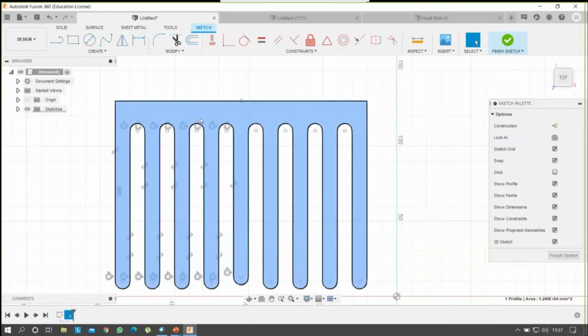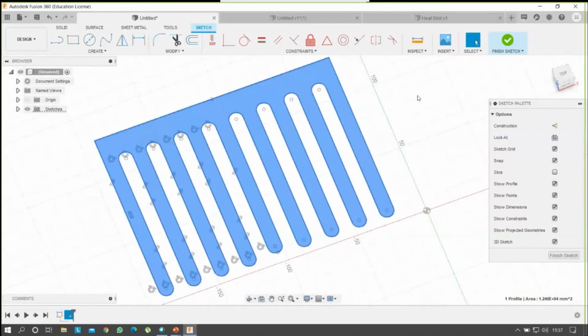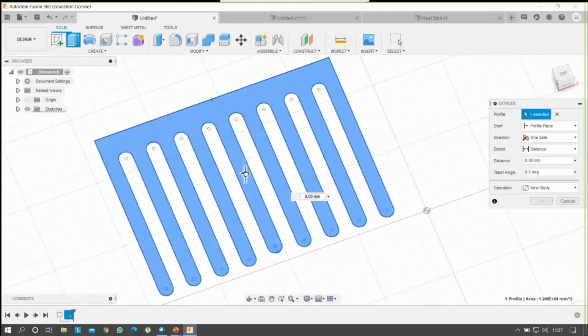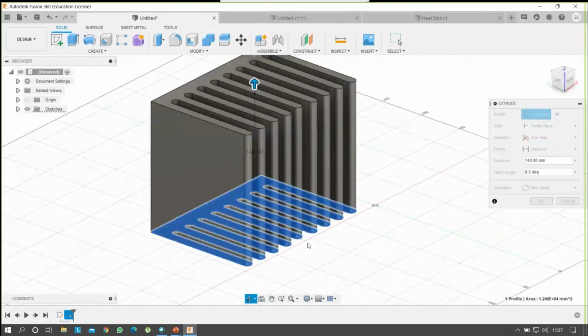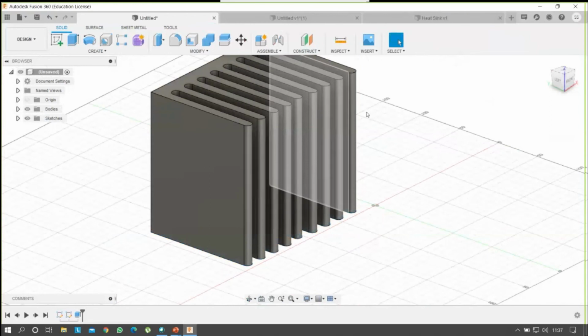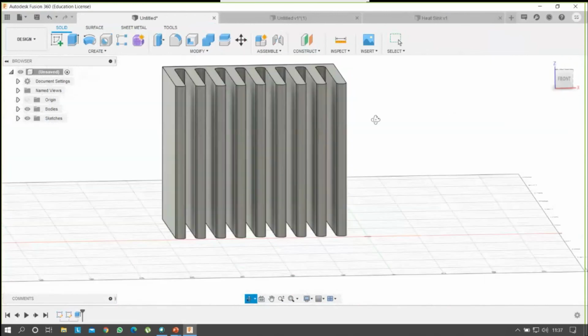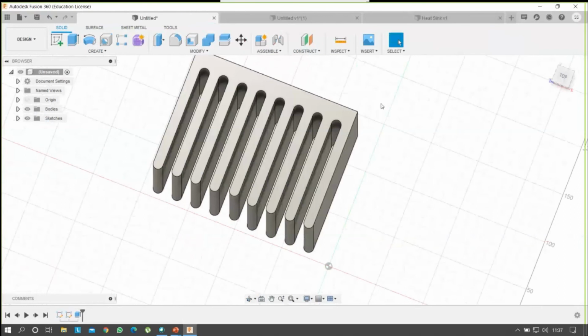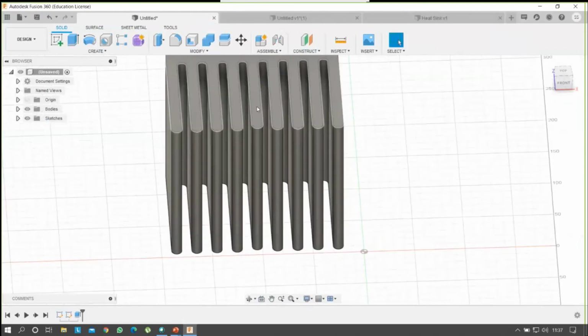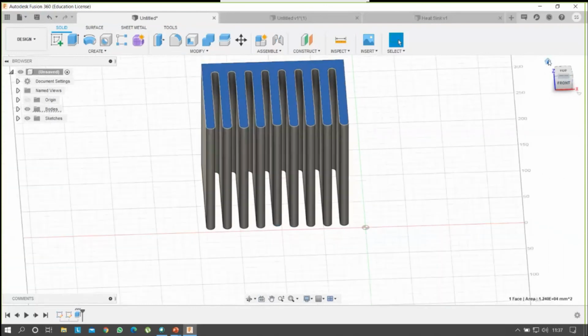I'm going to show you how I have called it in 3D, extruding it by pressing the E button, and I can give it 150 mm length, and a heat sink is created, and there are no marks or symbols that show you have mirrored it. Pressing the home button,